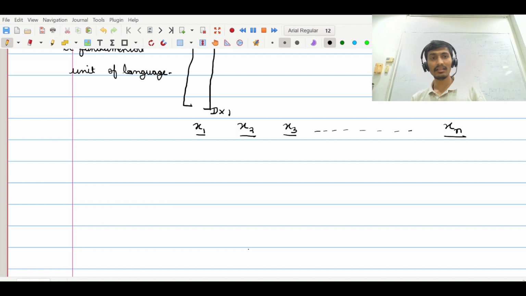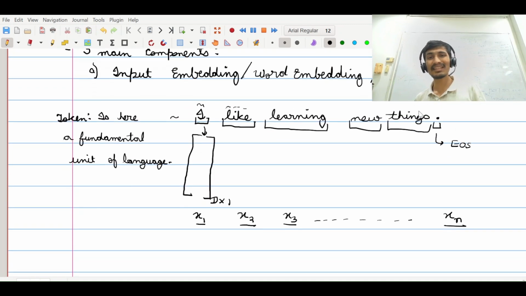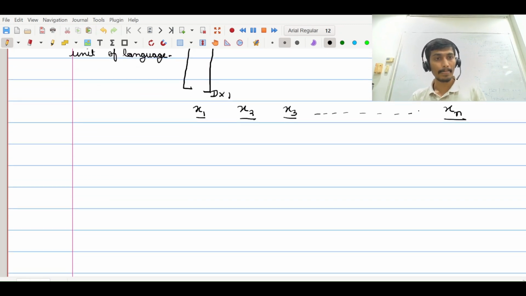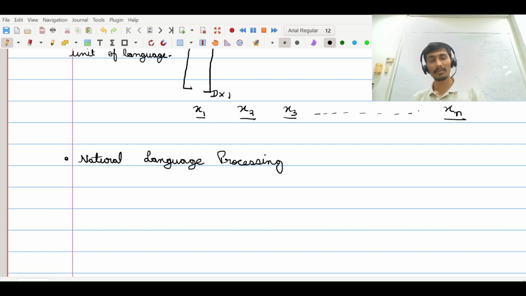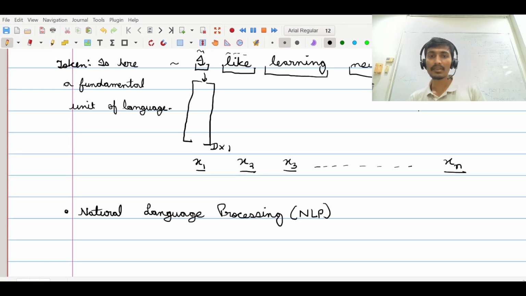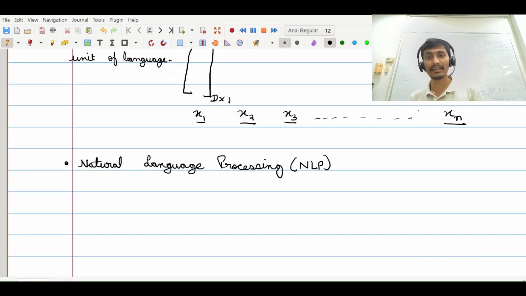Okay. So embedding is not something restricted to natural language processing. So we just mentioned natural language processing. Let's write that down, natural language processing, because this term would come often, and it's good to be familiar with the terms people talk about. So this is called NLP. This is an area which deals with how we can devise machines which can process language and which can synthesize language. So this is an area in itself.